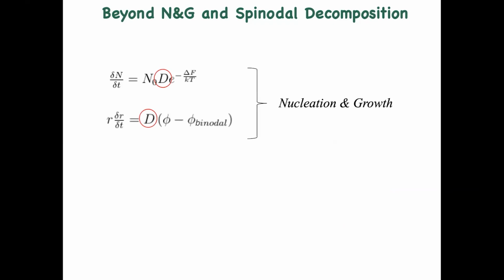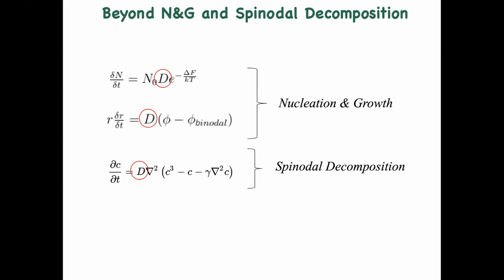Now, I've been telling you about nucleation and growth. I've been telling you about spinodal decomposition. But in both cases, if you look at how the morphology evolves, this is nucleation and growth, this is the nucleation rate, this is the growth rate, and the diffusion coefficient is there. If you have spinodal decomposition, you rather use the Cahn-Hilliard equation, which gives you the evolution of the concentration profile. The diffusion coefficient is also there. So this slide is there to tell you that whatever you observe is a trade-off between thermodynamics and kinetics.